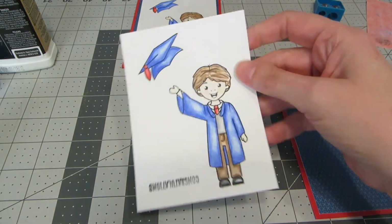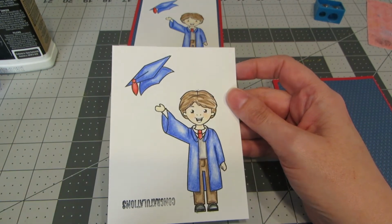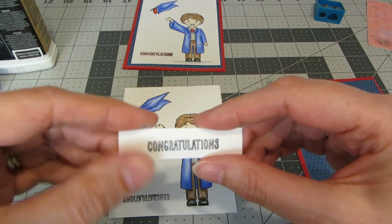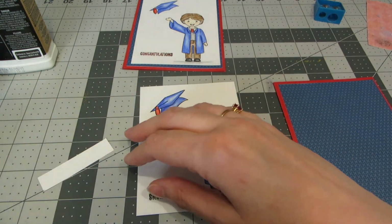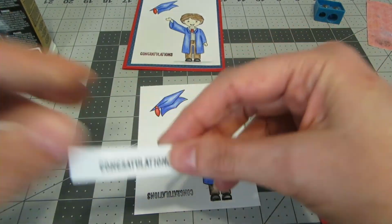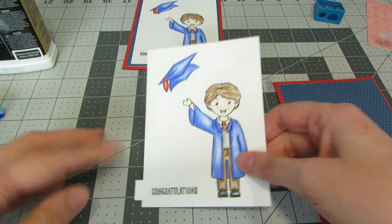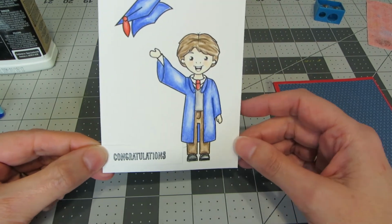Okay, so as you can see, I accidentally stamped my congratulations upside down. I'm sure we have all done that. I make silly mistakes like that all the time, but just for a really easy fix, I've just cut a strip of cardstock and stamped the words, and I'm just gonna put some adhesive on the back. So if you make mistakes, they happen to everyone, then you can easily fix that by just covering up. No one's ever going to notice that that was not supposed to be like that,